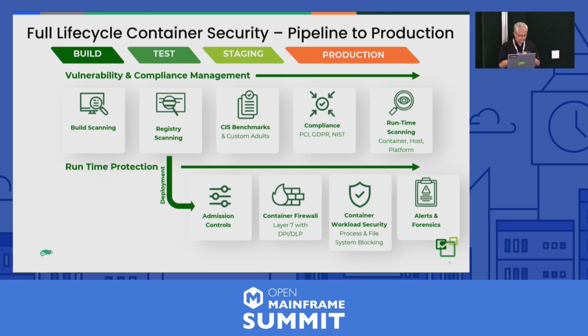And then the container workload security is the technique we use for inspecting and monitoring any of the running containers. And this system makes sure that no unauthorized processes or file activities are occurring within those containers. Okay, so we're scanning within those. So this is where we have a little difference with our new approach that we call a zero trust approach,